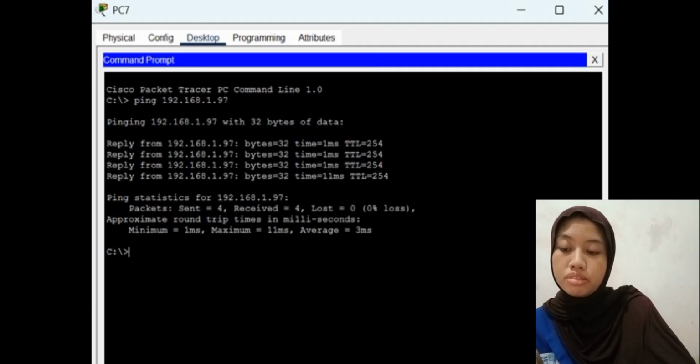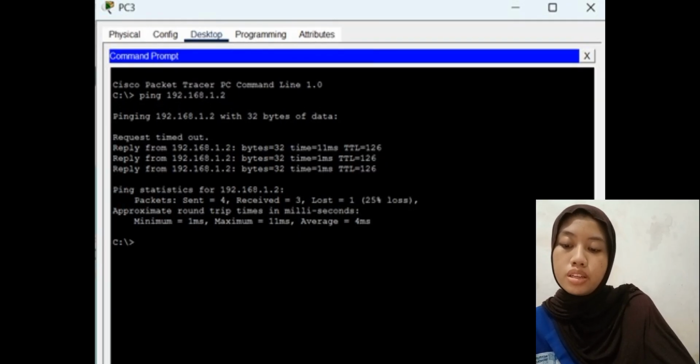Next is LAN A to LAN C and vice versa. This test is performed to ensure that subnet A can reach subnet C, which is the segment with the largest number of hosts, 45 hosts. The packet is sent from an IP in subnet A to an IP in subnet C, and the connection was completely successful after the static route process was configured on router 0 and router 2.